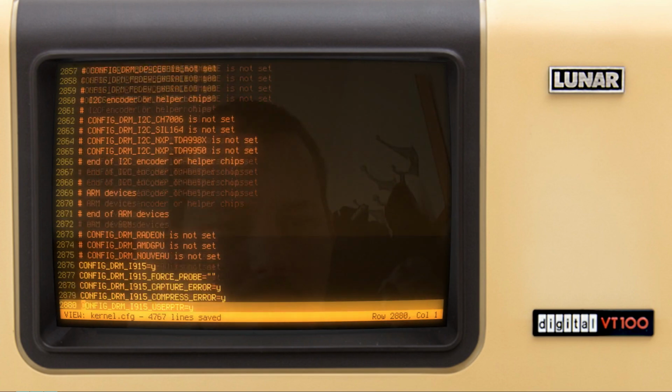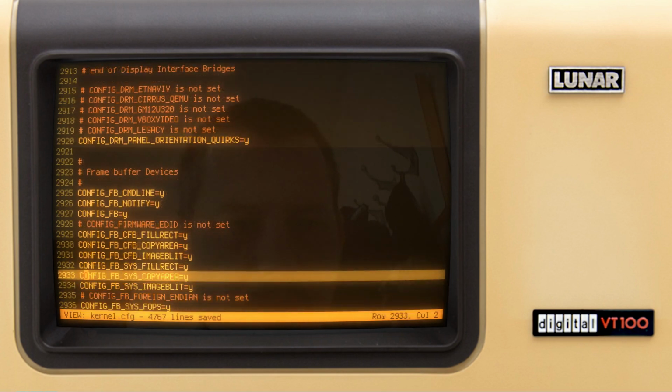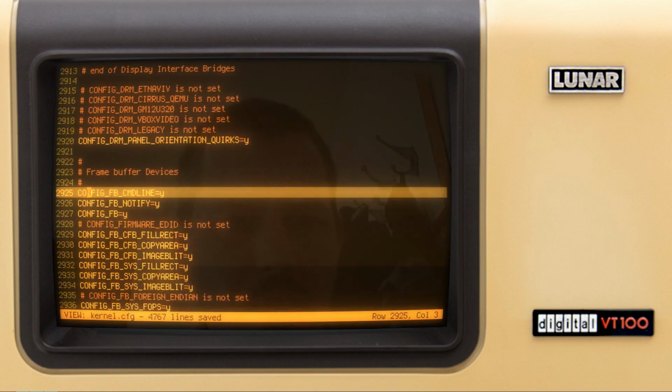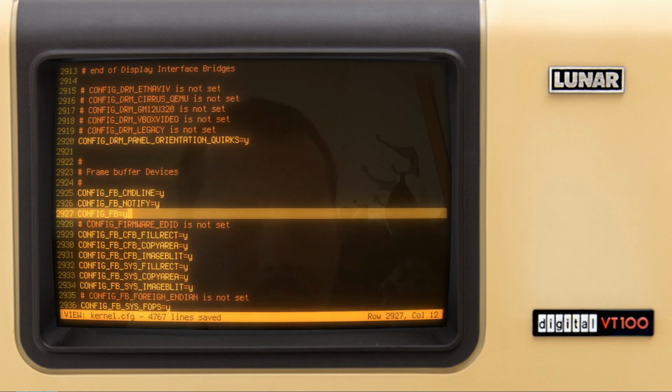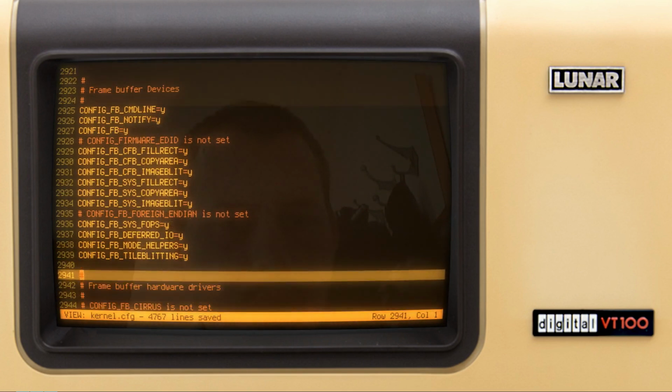Well, I don't see the frame buffer, to be honest. Where's my frame buffer? Yeah, here they are. So this is quite essential. So the frame buffer command line. This is very important. Just the frame buffer is equal to yes, because